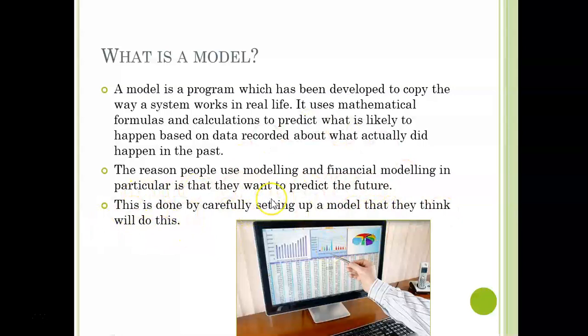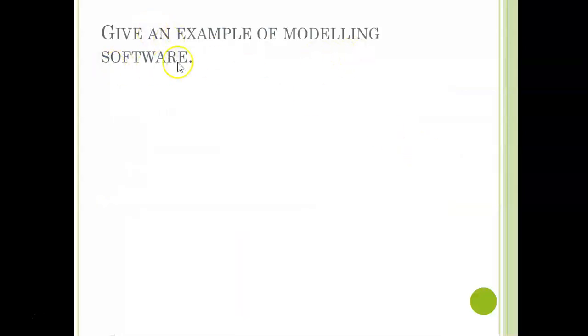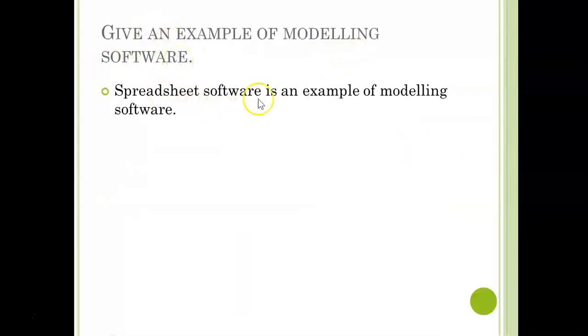So this is just a brief description of a model. You might have to know the definition. So if you compare this definition to your textbook, just make sure that it does make sense. So let's keep going. Give an example of modeling software. Spreadsheet software is an example of modeling software. Spreadsheet software like Excel, that is an example of modeling software. That is probably going to be the most common example of modeling software that they're going to refer to